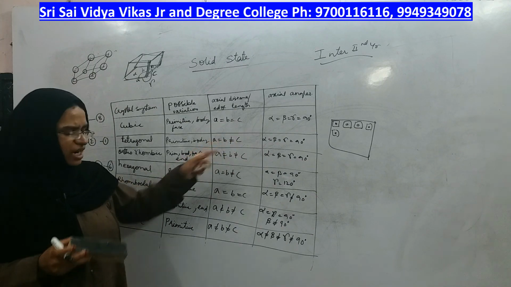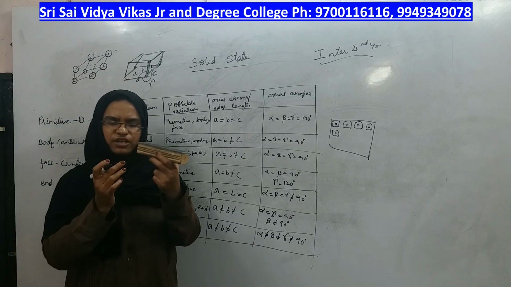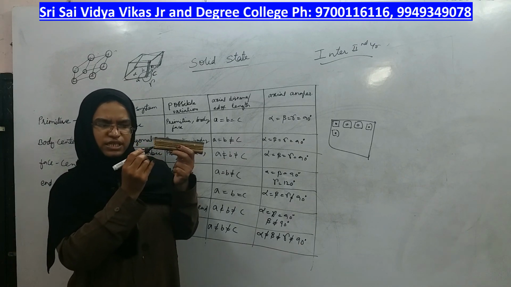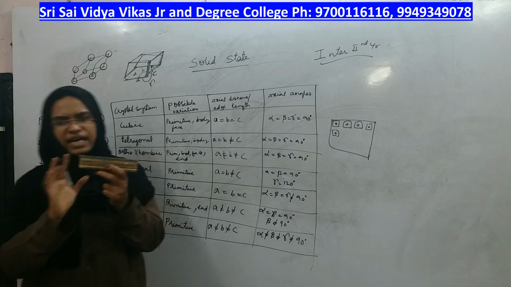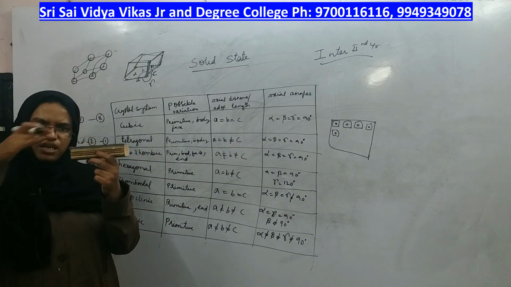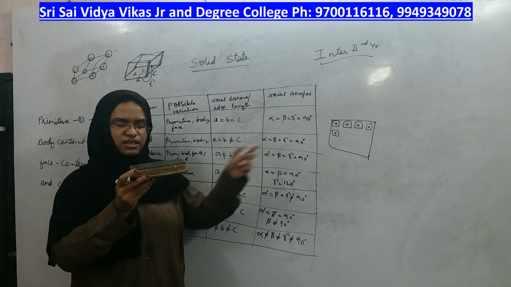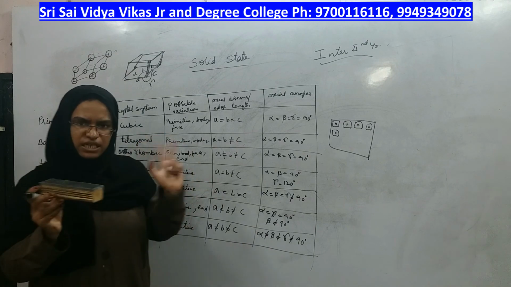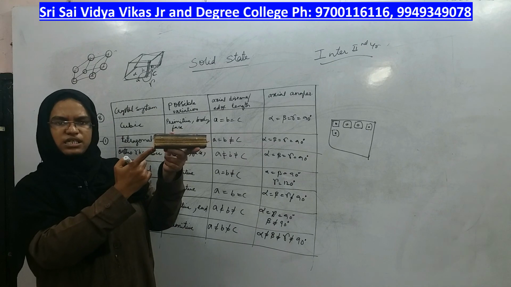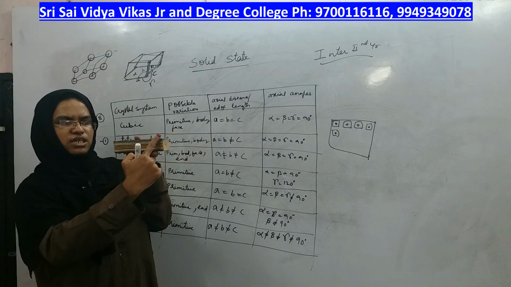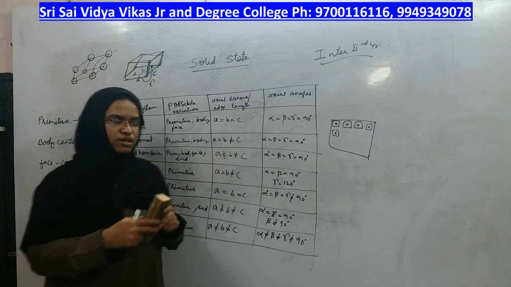A is equal to B is not equal to C, and with that arrangement the angles, even though their lengths are differing, the angles between these two is 90 only, these two is 90 and these two is 90 only. All the angles are 90 degrees only because they are straight, either straight horizontal or straight vertical. Alpha, beta, gamma is 90 degrees only, but their length is not same. You can see this and this are of same dimensions, but this edge is very long. So, A is equal to B is not equal to C.